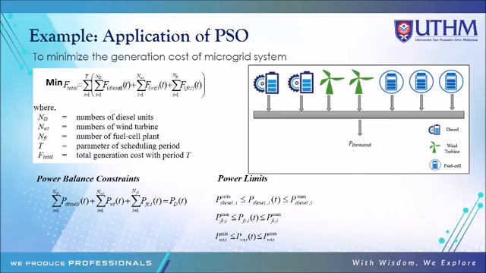Maybe I cannot answer exactly what you want because we need a lot of approaches. Number one, you can combine both objectives into a single one. In order to combine, we have several strategies. We cannot directly add F1 plus F2 because we have different units. We cannot add apples and oranges. So we need some modification, and a lot of literature discusses this issue. Number two, we can use multi-objective particle swarm optimization.